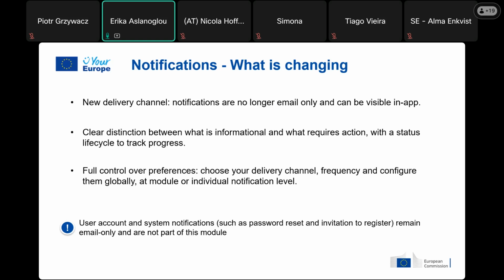And we have a clear distinction between what is informational, a link is published, and what notification requires an action, with a status to track the progress, whether this is a new notification, someone is already on it, or this has already been executed and it's done. We also introduce full control to choose your delivery channel, whether you will receive them in-app or by email, the frequency that you will receive those notifications, and configure them all at once, by module, or at individual notification